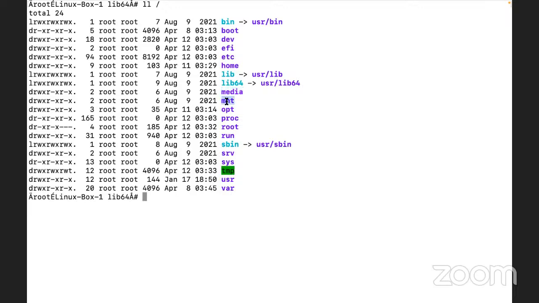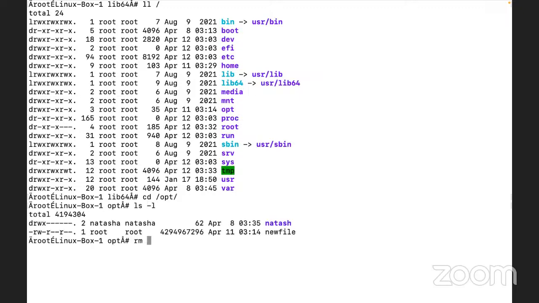But if that is being performed with the help of CLI, in the command line interface environment, then it is mounted with the help of /mnt. Right, guys? Yes, sir. So in a GUI environment it is /media, and in a CLI environment it is /mnt. Now, what is /opt? Optional.